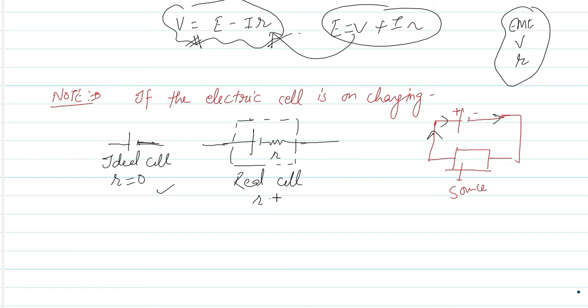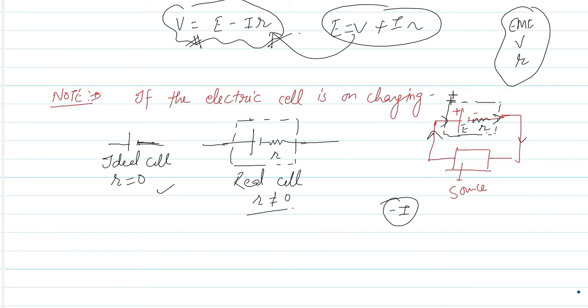And here r is not equal to 0, right? So here, as we are talking about a real cell, I must put one resistance along with it, and this must be provided with a dotted box like this. So this shows that we have a cell with internal resistance small r. Now what is happening when you put a cell on charging? Current flows in the opposite direction, right? And this opposite direction can be treated as a negative current, right?